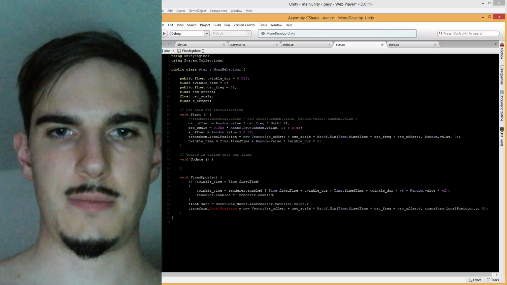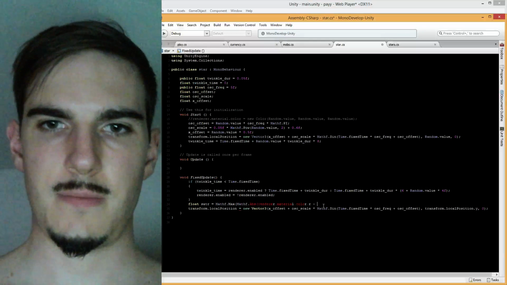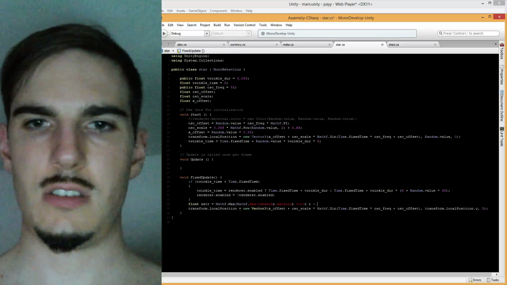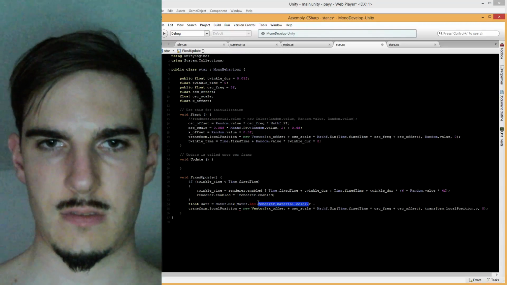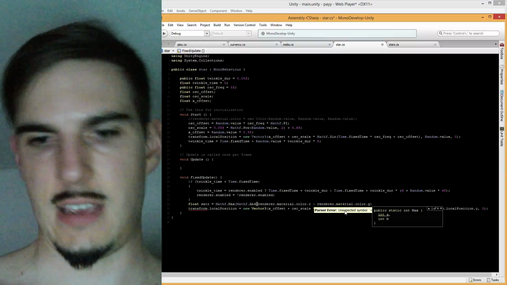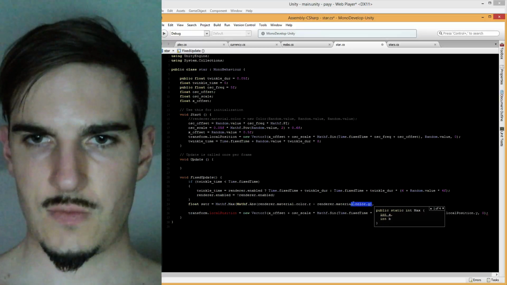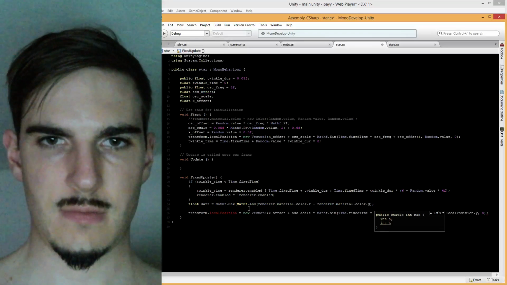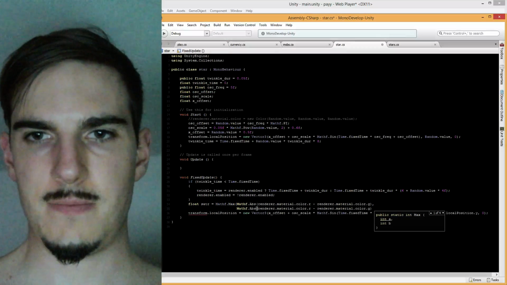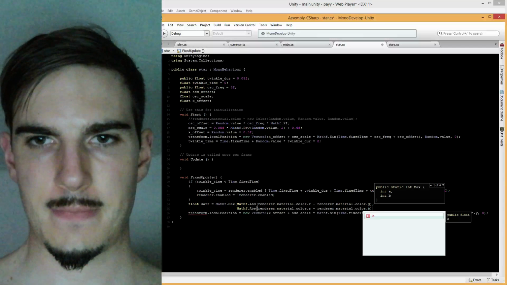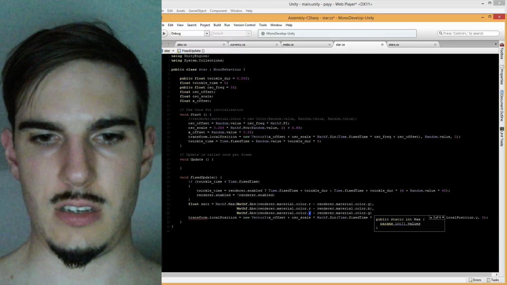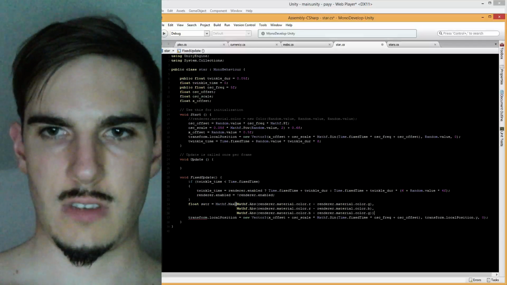Mathf.Abs of that minus r minus g, as well as g or r minus b, or b minus g, and let's see